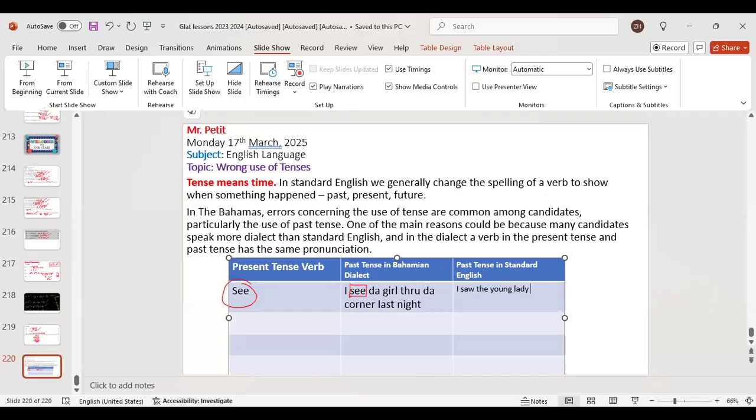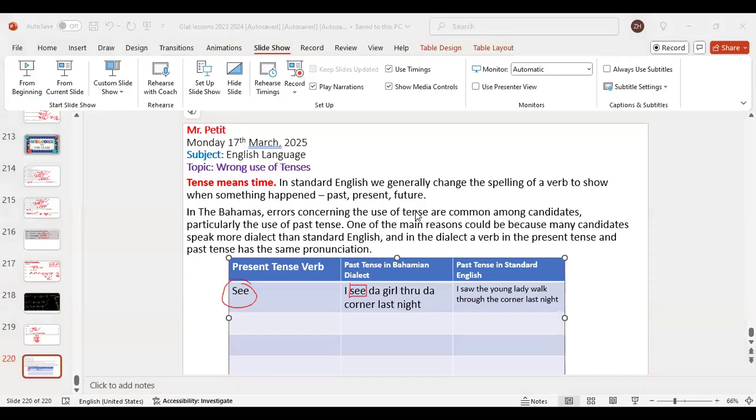Mr. Petit to teach Bahamian talking lessons to the foreigners who come over, you know. Petit, I see why we speak different, cause I ain't gonna lie. I saw the young lady walk around the corner last night. That would sound like everybody from England if you talk like that. Through the corner last night. Man,